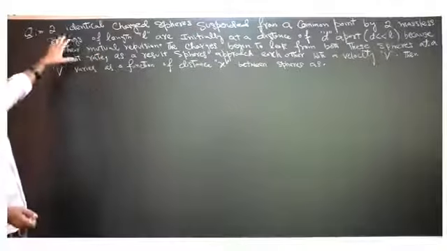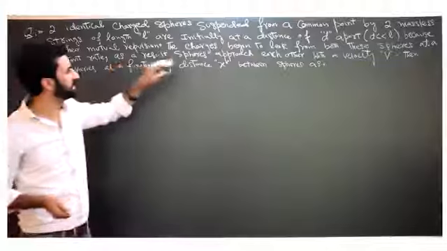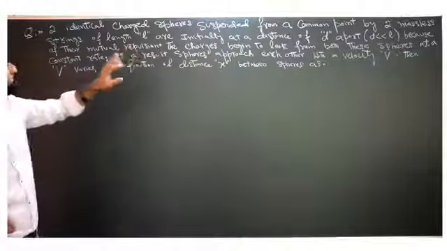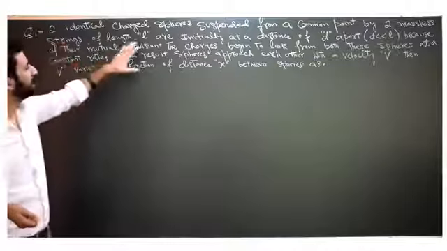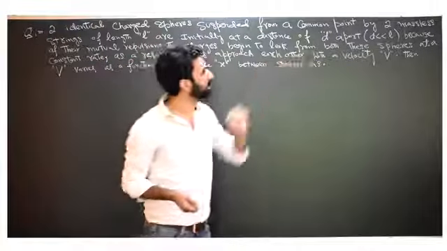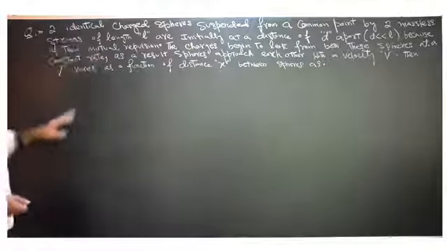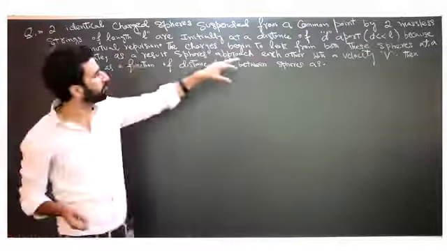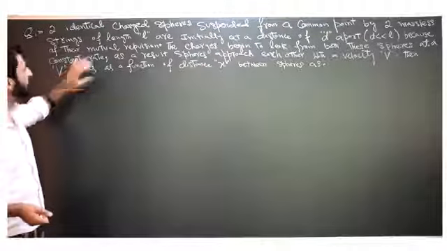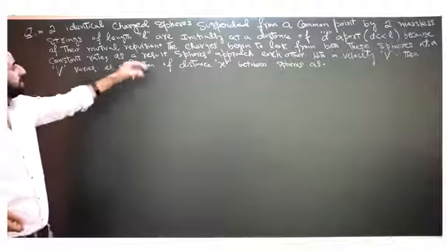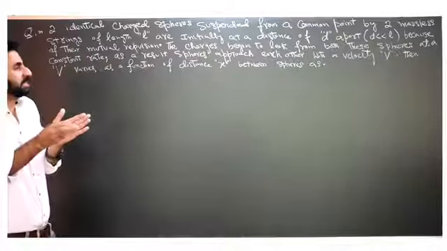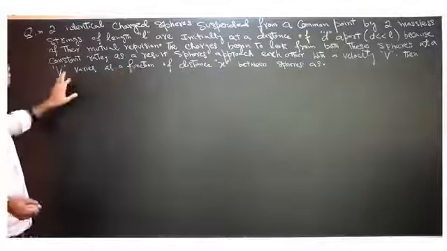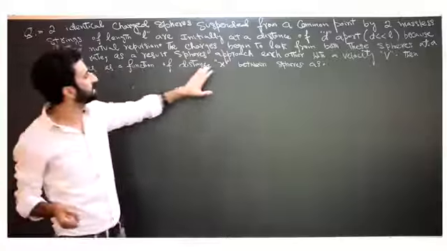We are given two identical charged spheres suspended from a common point by two massless strings of length L, initially at a distance d apart, where d is much less than L, because of their mutual repulsion. The charges begin to leak from both spheres at a constant rate, as a result of which the spheres approach each other with a velocity v. What we are supposed to look at is how v varies as a function of the distance x